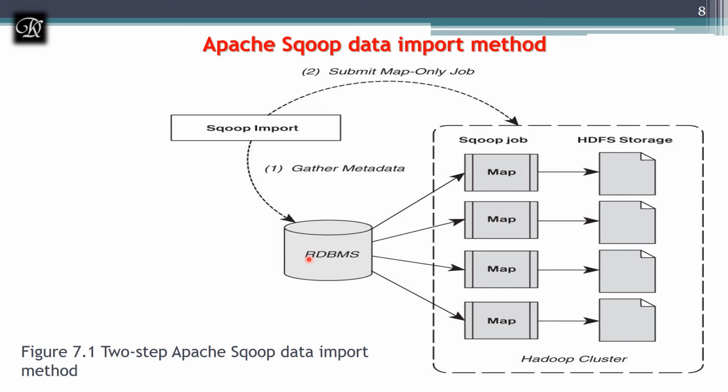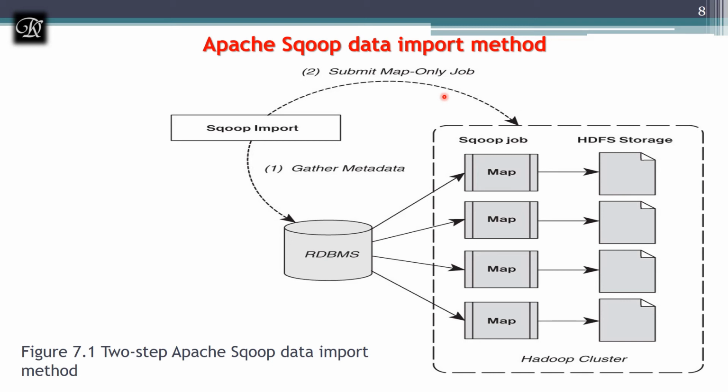Next, once after gathering the necessary metadata from the imported data, the second step is a map-only job. It means it's going to map the data to the respective HDFS storages. We have multiple HDFS storages. You remember, in the first module I spoke about a cluster. In a cluster, a minimum of 4 nodes should be there, and the replication factor, everything we have discussed, right? So that is mapping now. This job does the actual data transfer using the metadata and captured data.